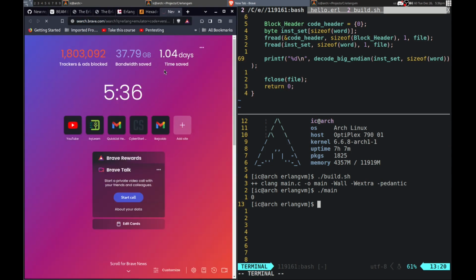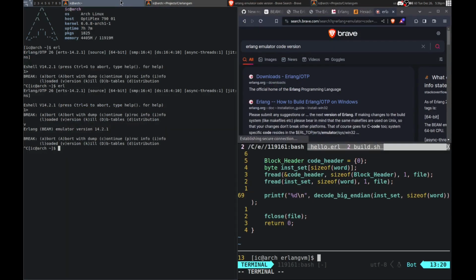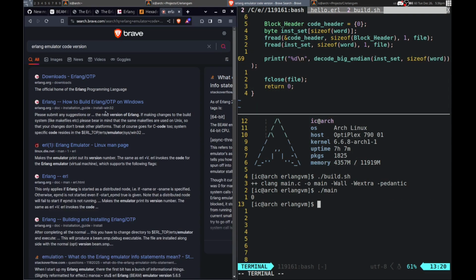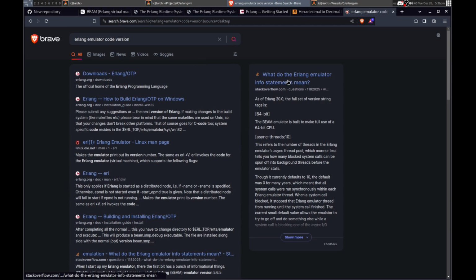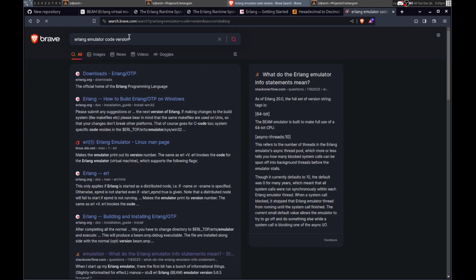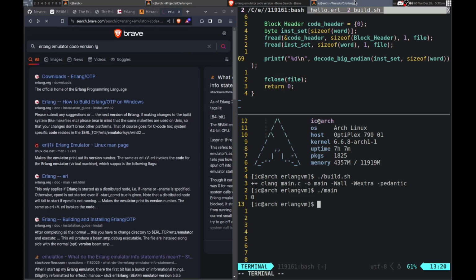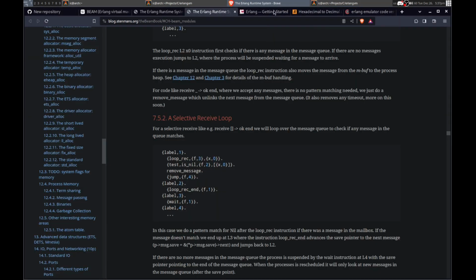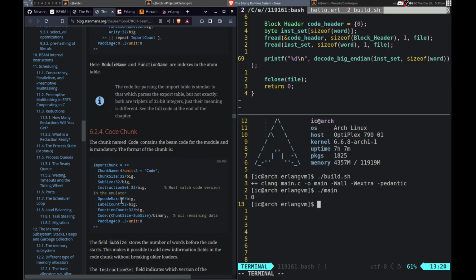How do I get the code version? Yeah, I don't get what that means. Alright, well, hey, what is supposed to come after that, actually? After that, let's see. Then opcode max.